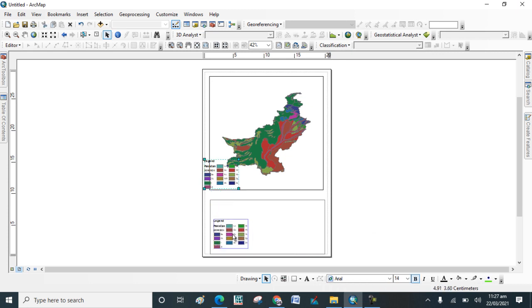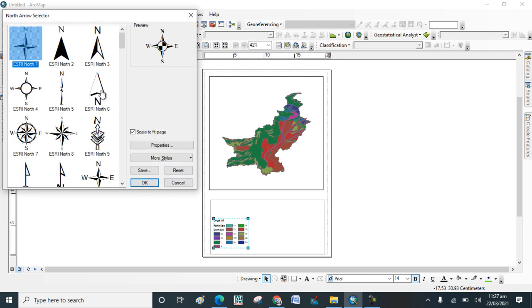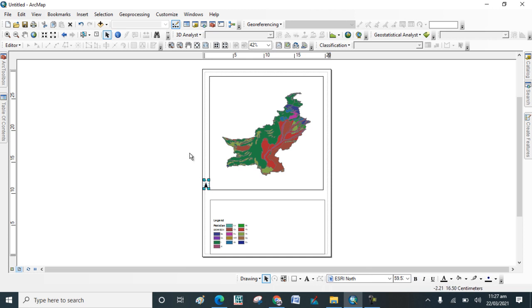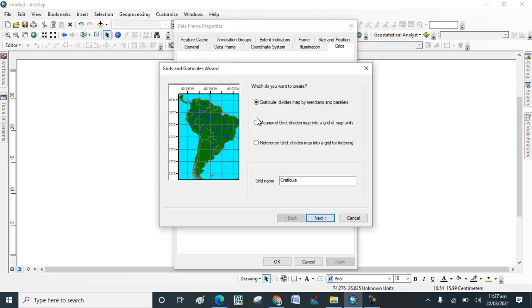In this way you can add the north arrow to the map. If I select this one, click on OK. Now go to the properties of that and click on red.